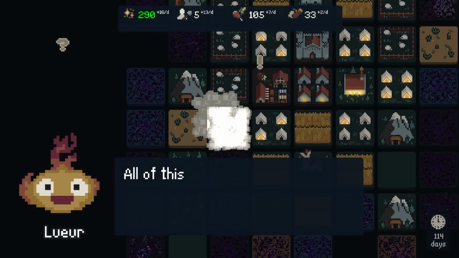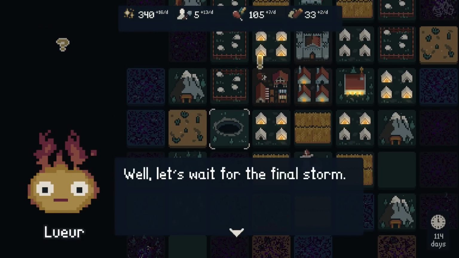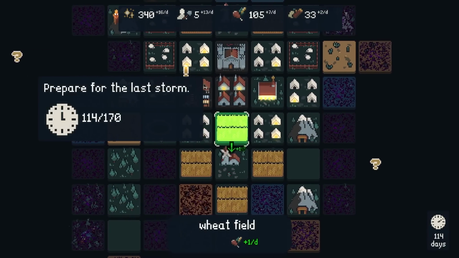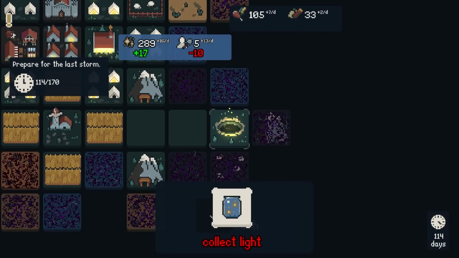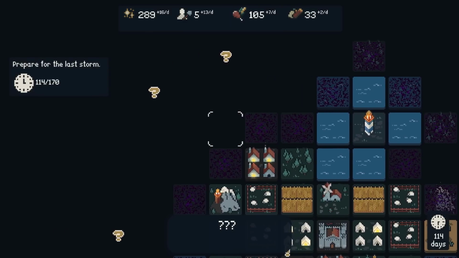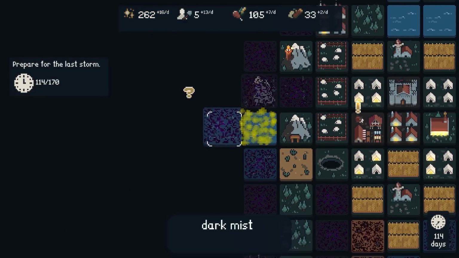Beautiful, beautiful, beautiful. All of this light. Can't wait to consume it. I'm an exceptional leader. Let's wait until the final storm. Okay. Turn 170. That's quite a ways off. What's this over here? It's another light breach? Okay, I'm not that bothered about collecting from it, to be fair. What about over here? Let's...